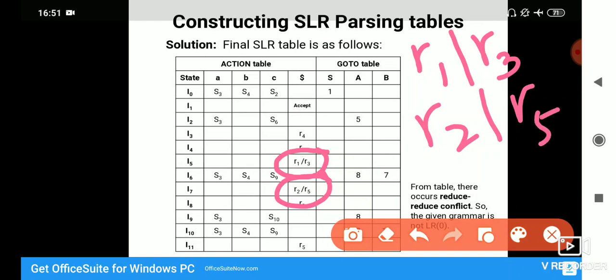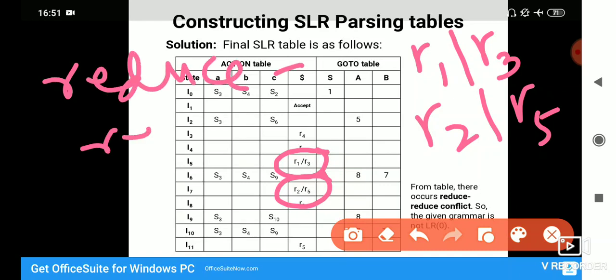Now when there is more than one entry in a particular cell, it is called a conflict. The kind of conflict we have in this example is a reduce-reduce conflict, because two reduce operations are performed in the same cell.